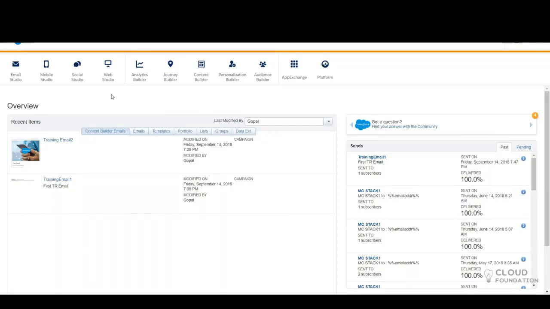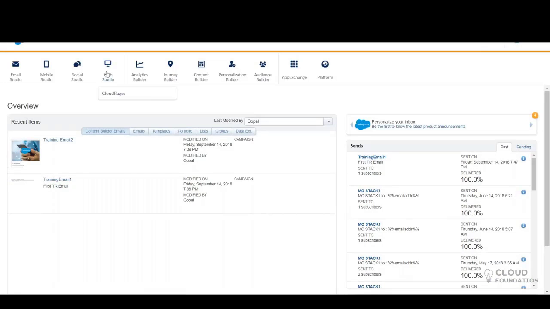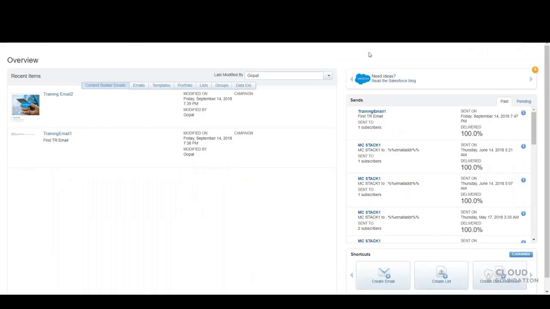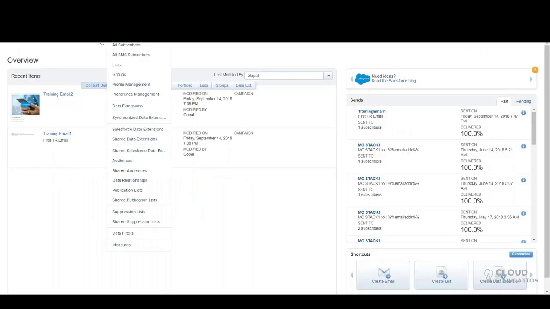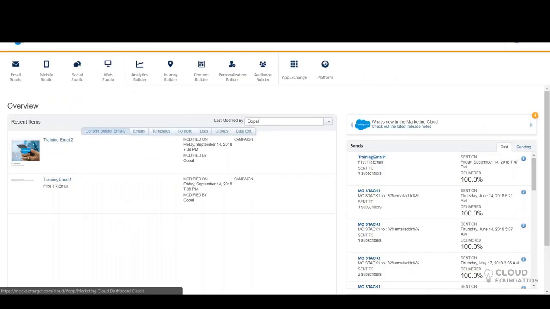Question. Yeah, tell me. In the Web Studio that you talked about, pages, are those the same as VF pages, or what language are those pages in, or are they just drag and drop and it automatically creates a form? How is it? Okay, just before that, I'll clear out this doubt.